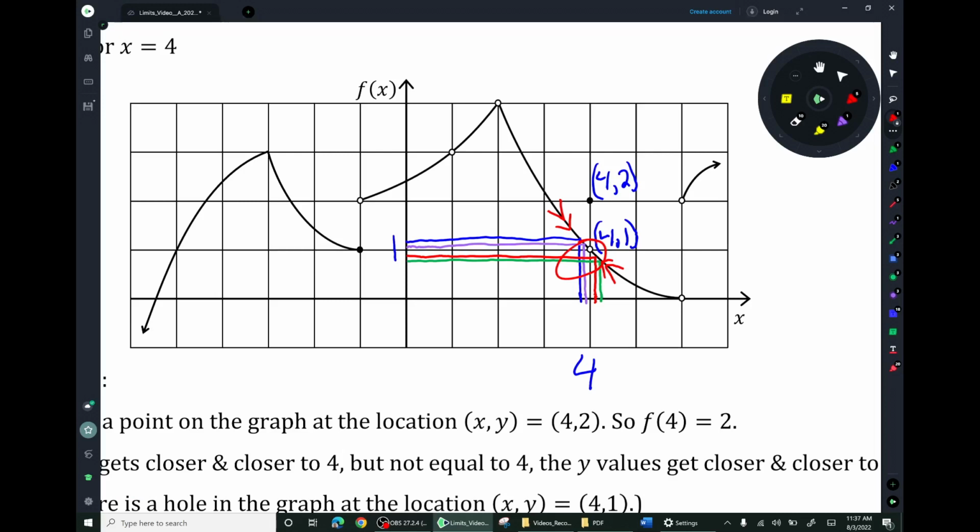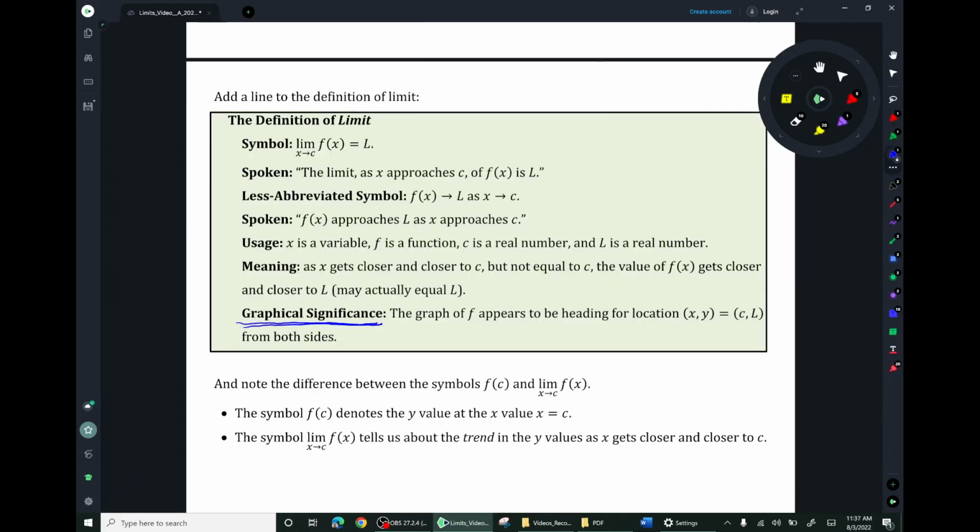Where does the graph appear to be heading? So that is what I'm going to put in this definition of limit here by graphical significance. That is, this symbol, spoken, the limit as x approaches c of f of x is L, has this significance in terms of the graph. The graph appears to be heading for the location x, y equals c, L. So whatever the letter c is that appears in the limit symbol there, and whatever the letter L is that appears in the limit symbol there, those are the x and y coordinates of the location that the graph appears